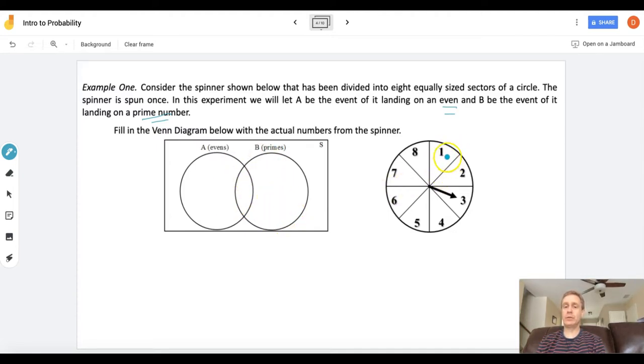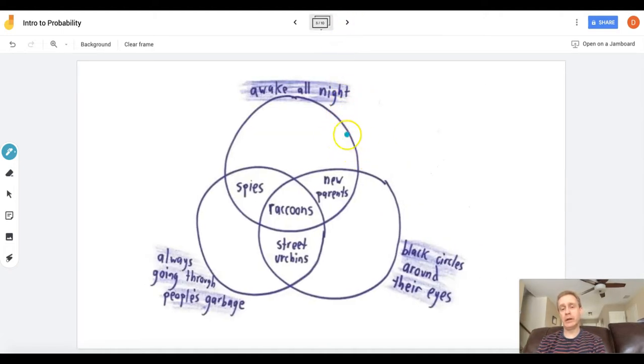But I just want to remind you guys that when you do fill in numbers into a Venn diagram with respective events, you do have to be careful. So, as perhaps an example, here's a Venn diagram with 3 different possible events, more than what you'll deal with in this class. And when you have possible outcomes, such as in this example, we have new parents. When you go to place that outcome in your Venn diagram, you do want to be careful where you place it,